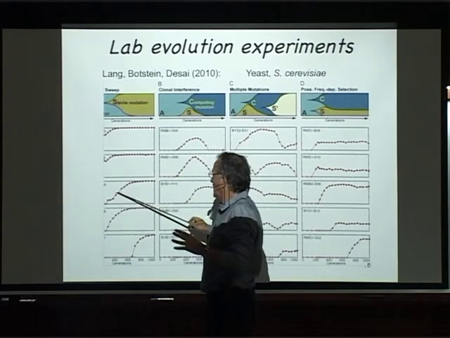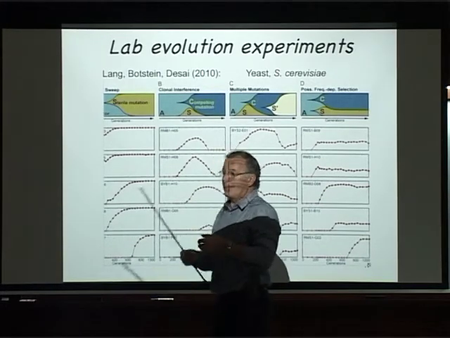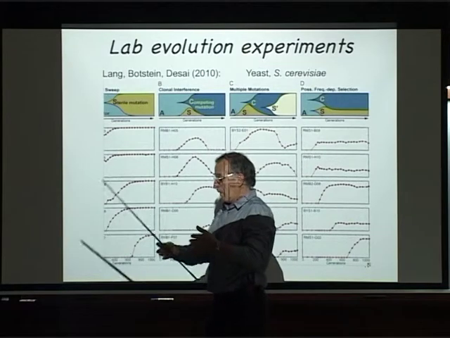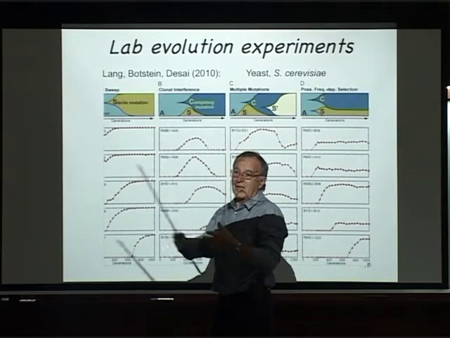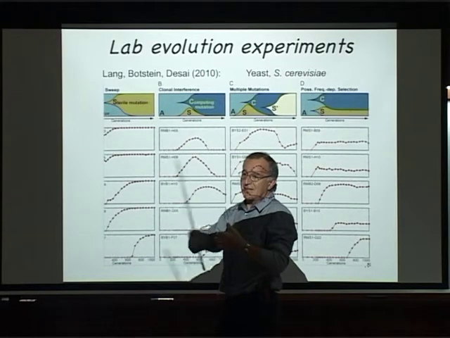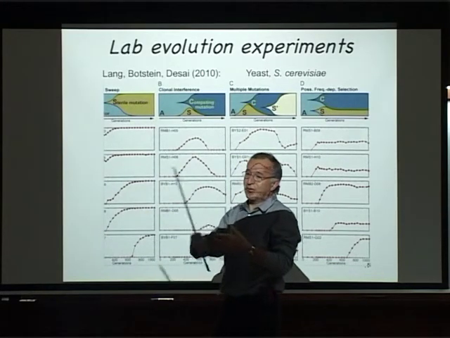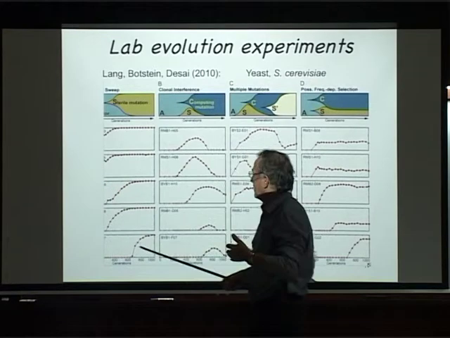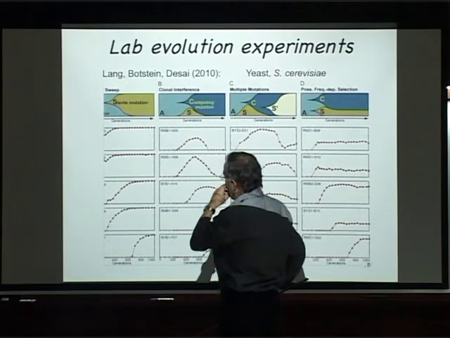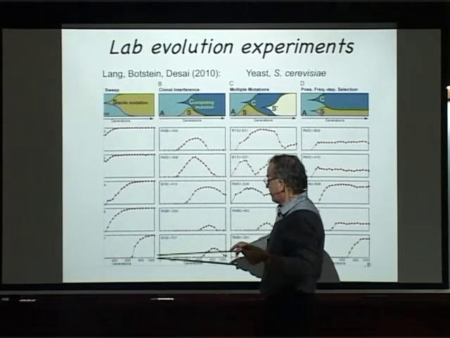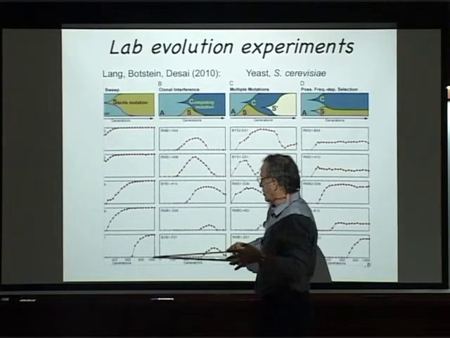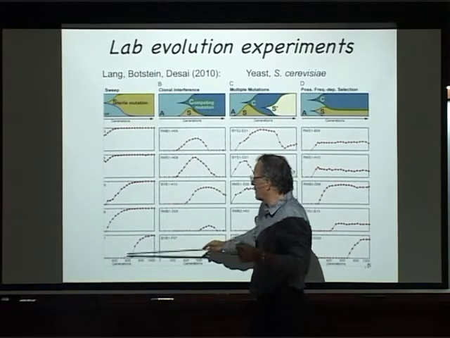And this is done literally by flow cytometry. You run the cells and look at what fraction of them are yellow, right? And you do this many times,